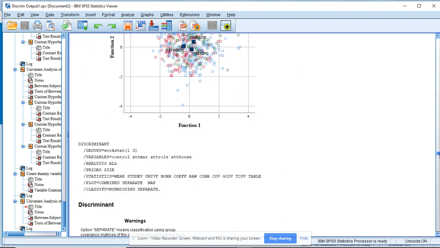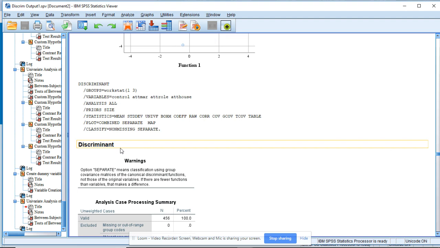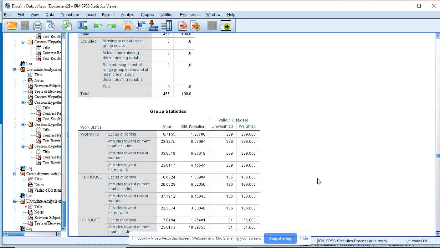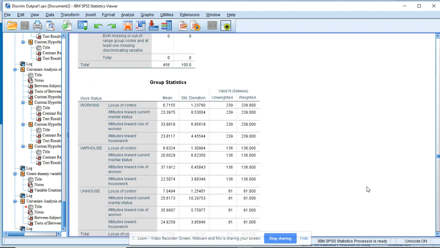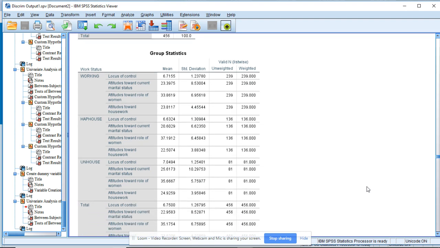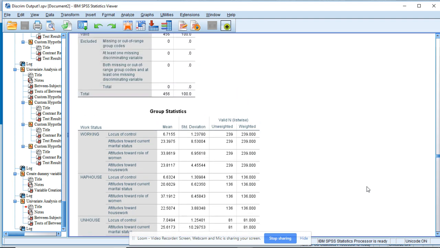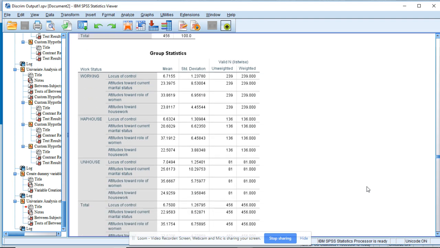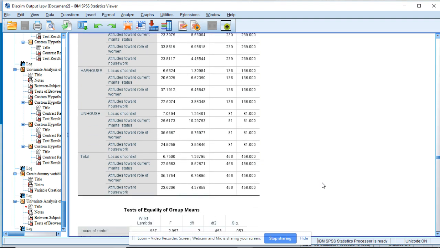we find the discriminant that has this warning on it, so that we are looking at not the very first one that we did, because recall we had to change and look at separate groups because we did not meet the assumption for homogeneity. So here is something that can help us understand the differences between the means for the different groups. So here are the mean scores for each of the scales for the working women, the satisfied housewives, and the dissatisfied housewives. We're going to come back to that in a second, but look at